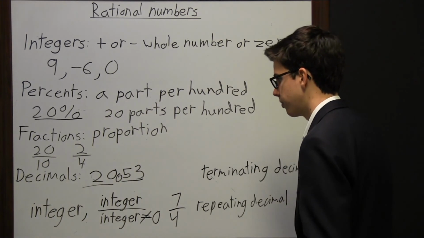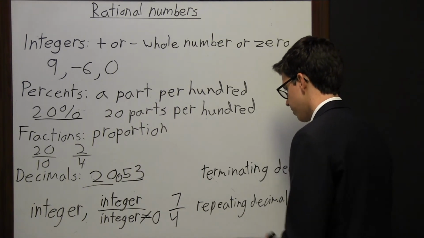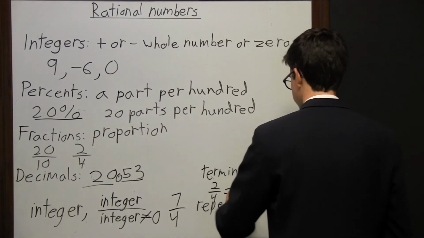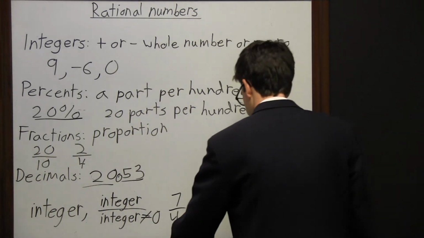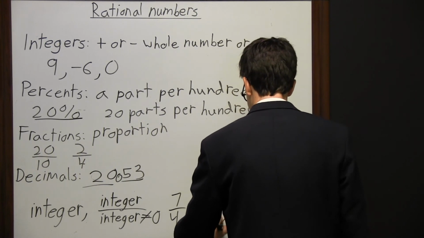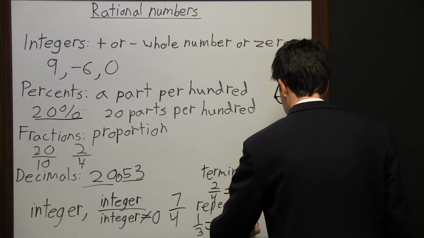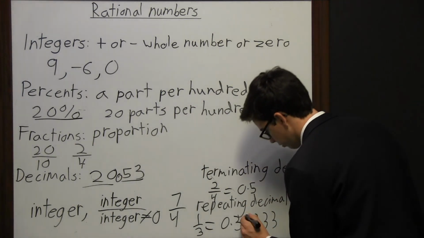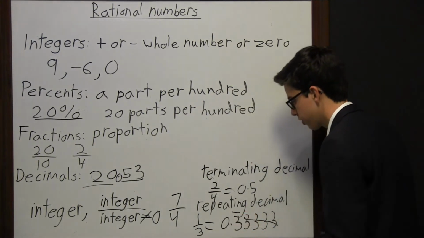So an example of a terminating decimal would be something like 2 divided by 4. From that you get 0.5. It ends right there at the 5. For a repeating decimal, you do 1 divided by 3 and you get 0.3333. It goes on forever. But notice we're getting the same number every time. So really you could erase all of these 3's and just put a line over the 3 showing it's a repeating decimal.